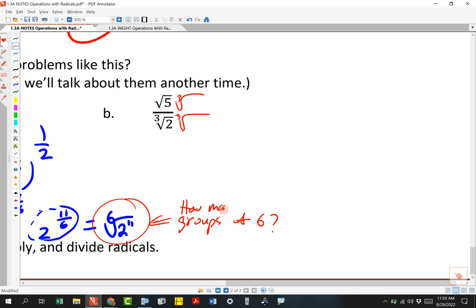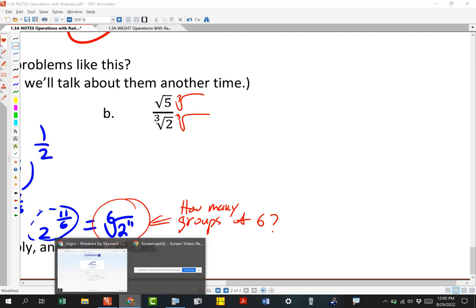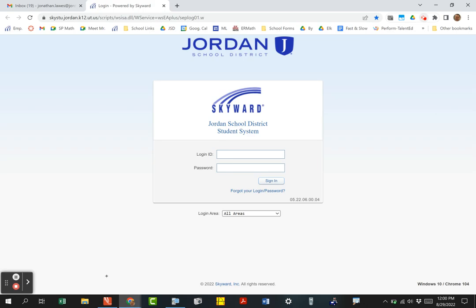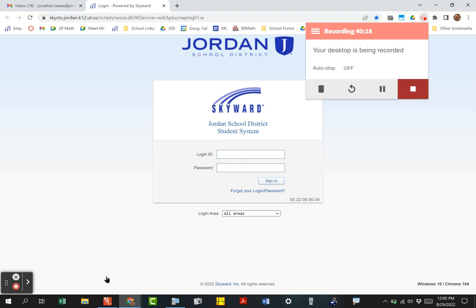Oh, my brains. Now I want to hurry and figure this out. I have language arts next. Is the answer to the problem like 6th root of 5 over